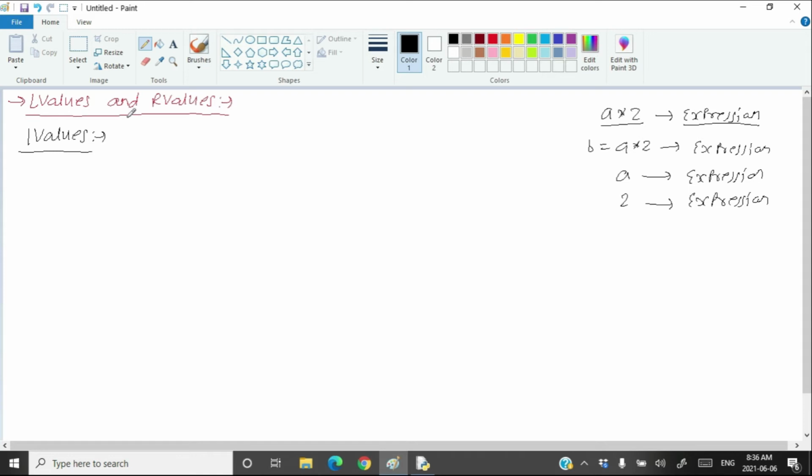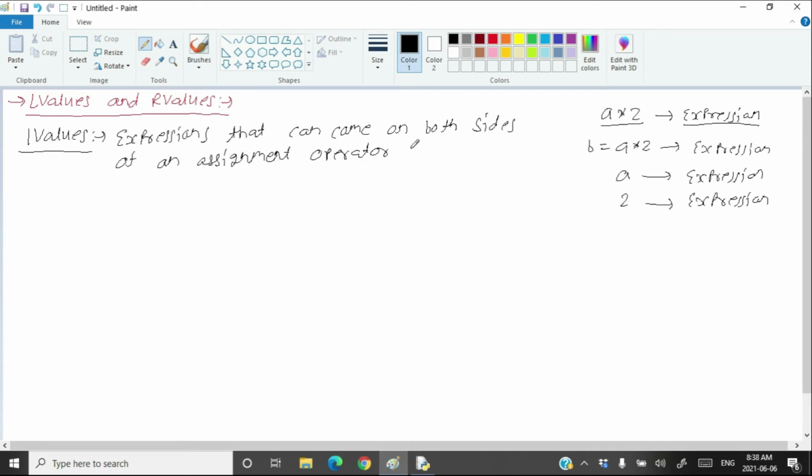Therefore, the definition of L values is: expressions that can come on both sides of the assignment operator are called L values.